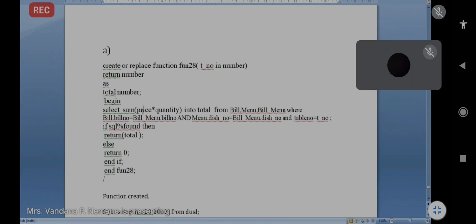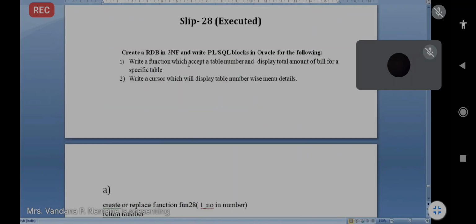Select sum of price into quantity. See here, what is the question? Write a function which accepts a table number and displays total amount of bill for a specific table. Now imagine when we go into a hotel, we order the menu.